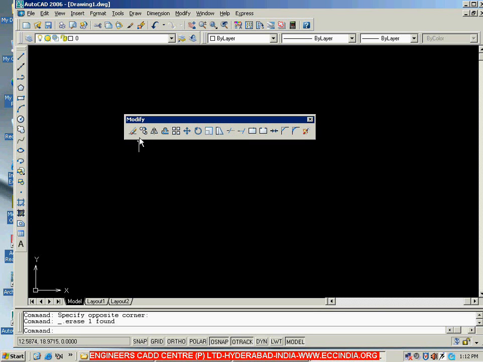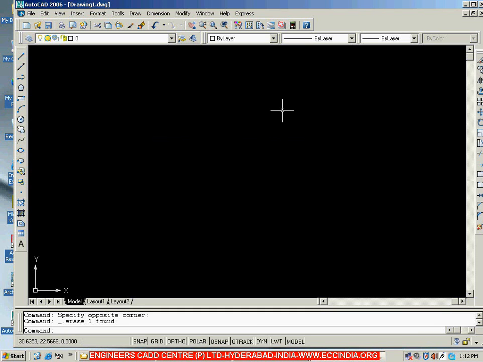And here we have the tools like erase, erasing the object, or copy, copying the object, or mirror, taking the mirror image of the existing objects. So like this, we are going to have a few modification tools in this modify toolbar. And let me dock this modify toolbar on the right side, hold it, drag it and leave it on right. So like this, we can dock all the toolbars one by one.